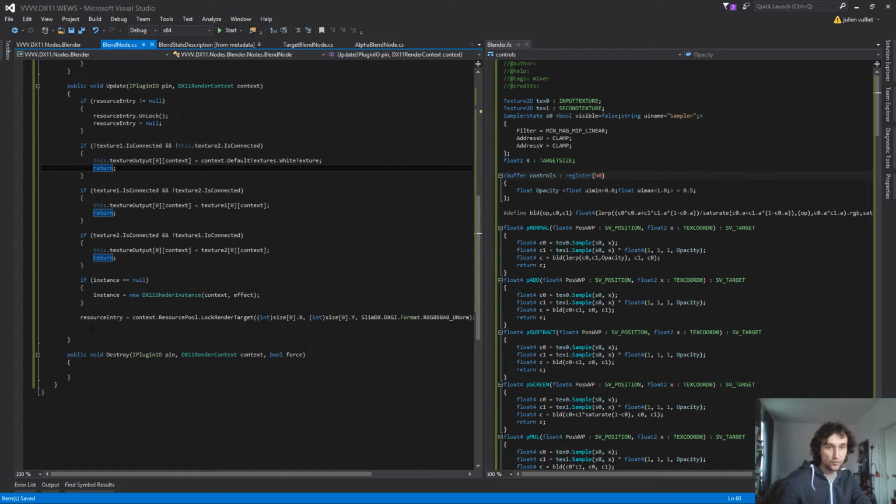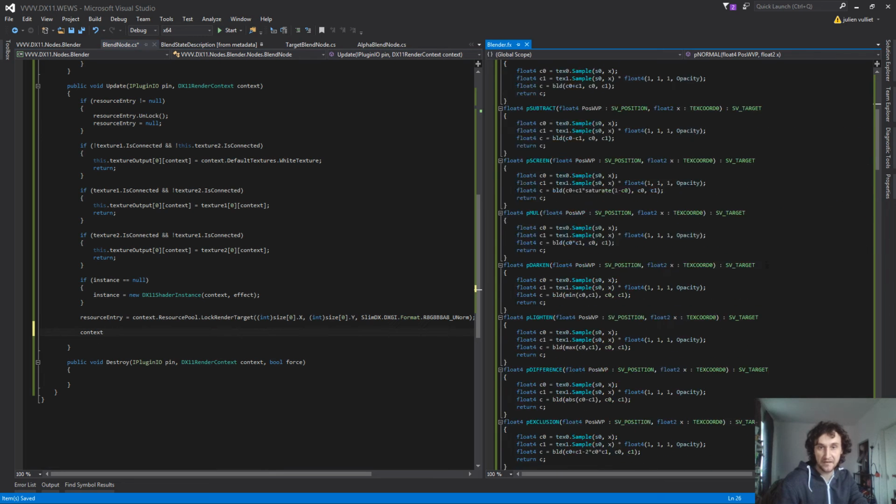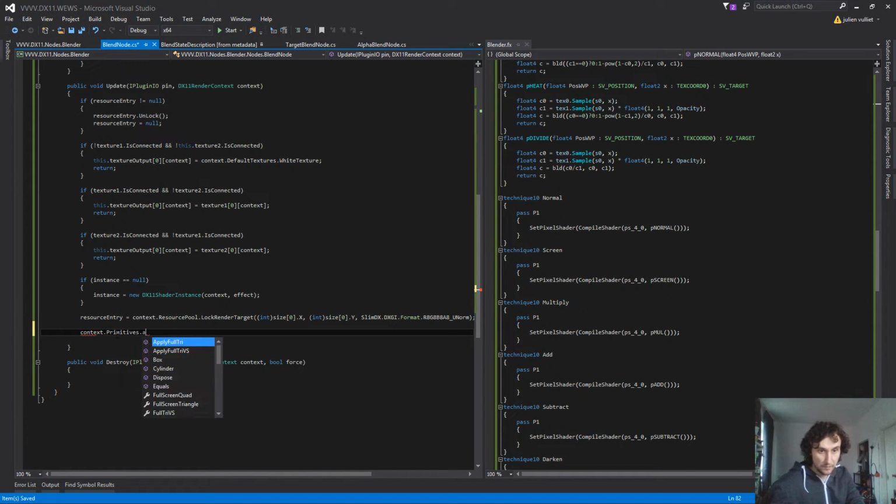So what we need to do now is we first need to assign, because there's no vertex shader assigned here, so we need to apply that. So vertex.primitive apply full tree vs,